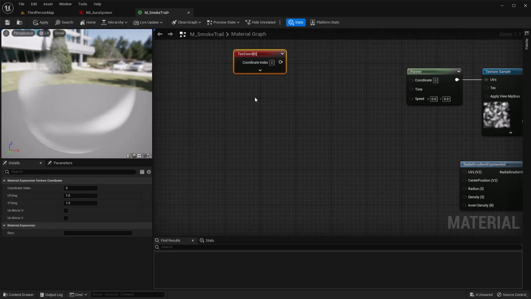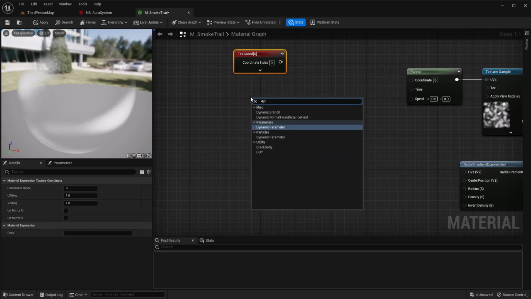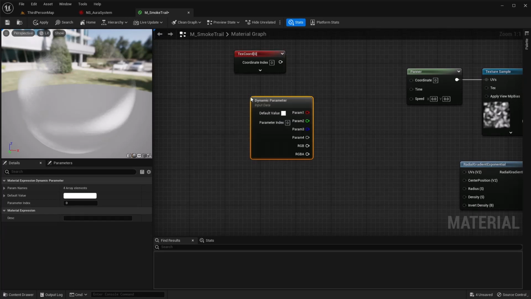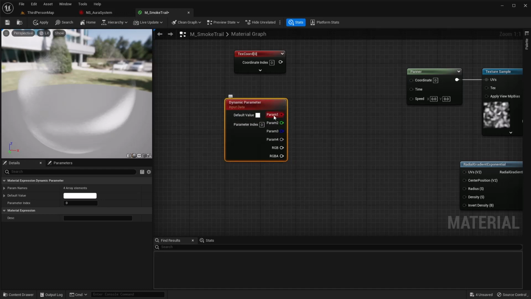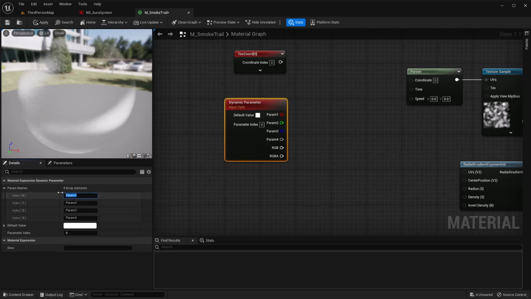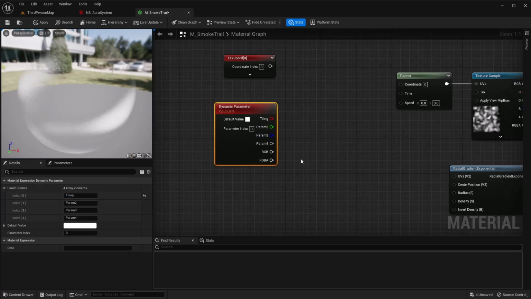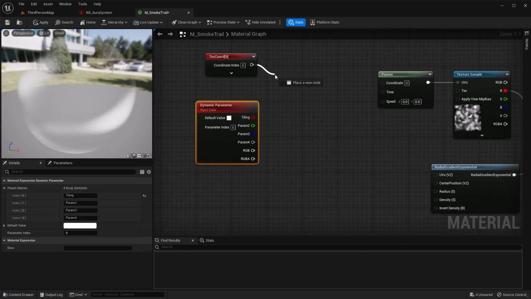And then we're going to use a dynamic parameter that we'll be able to change inside of our Niagara system. The first parameter is what we're going to use for this, and it's going to affect the tiling. So I'm just going to name that tiling for now.